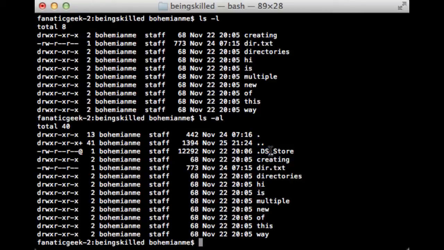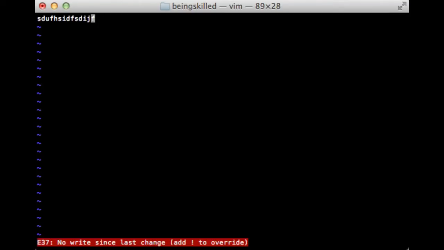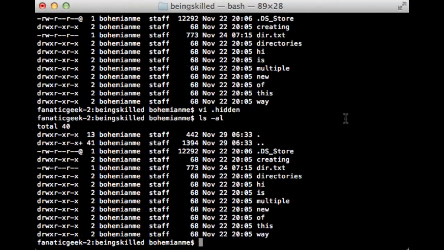If you want to test it further, we can just create a new file. vi is the editor, and just type vi followed by the file name, so hidden. Just type in anything, and save the file, and now it will be visible in the listing.